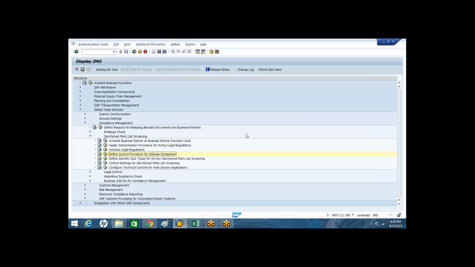Okay, let me put it this way. With 50% you will get more blocks, and when you say 100%, what is the disadvantage? Sometimes you will miss some related people. Sometimes people change their names, or we will miss the opportunity to find the real people. Because of this, the best practice is to specify 80%. The best practice suggested by SAP is to specify 80%.